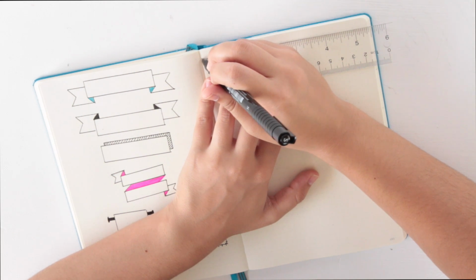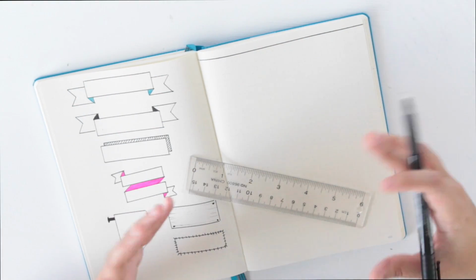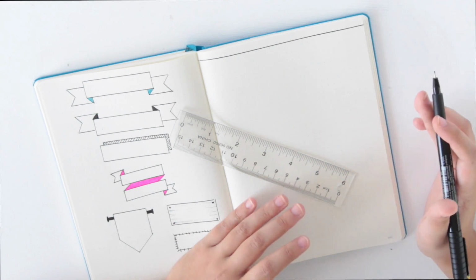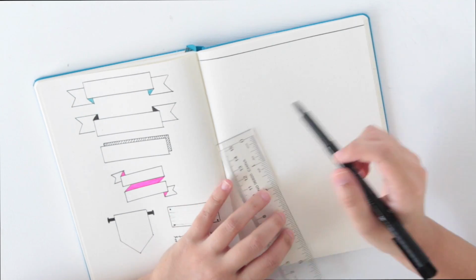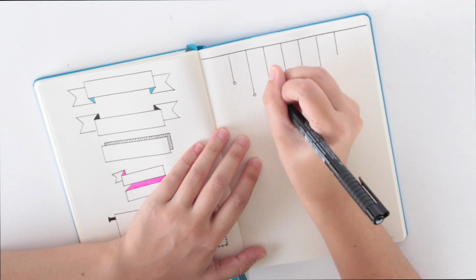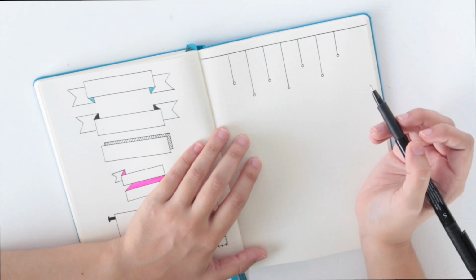Another banner I really like doing starts off with just drawing a simple line. Now, technically this isn't really like a banner, but it is like a header or something you can use for a title. But for this, you do need to know exactly what you're going to say in here. So I'm gonna use the word banner, and banner is a 6-letter word, so I'm gonna add one more to it, and that's obviously 7. And then I'm gonna draw 7 vertical lines in different lengths. I'm going to add a little ball tip or end to each of the lines. And then obviously you've got like 6 spaces here, so each space is for 1 letter of the word that